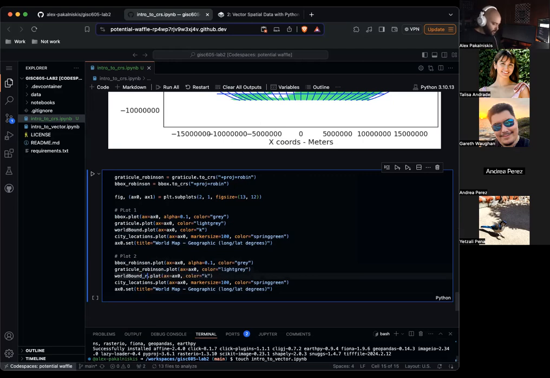And this one's actually Robin. And then this one's actually Robin. And then I got to change all the axes to 1, including this one. And then this is world map projected Robinson meters.